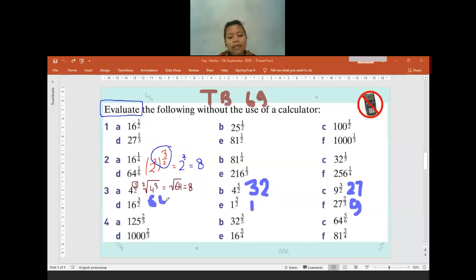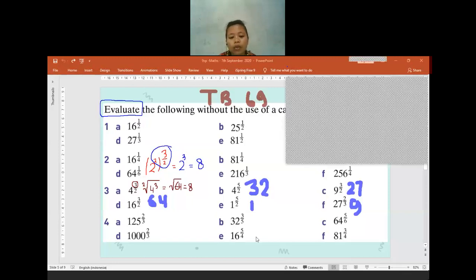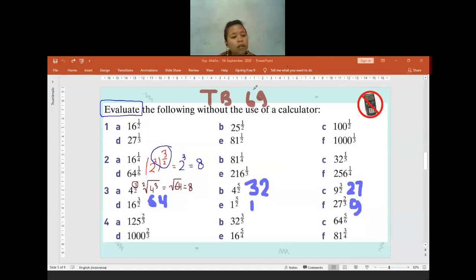Okay, all Steve's answers are correct. Is there anyone who still gets confused about how to get this number, or maybe has a different answer? If you have a different answer and you want to confirm with me which one is correct, that is okay. Or maybe you want to check if your method is correct or wrong, it's okay to tell me. Is there anyone who is still confused at question 3? No confusion? Okay. If you have no confusion, I will move to question 4.